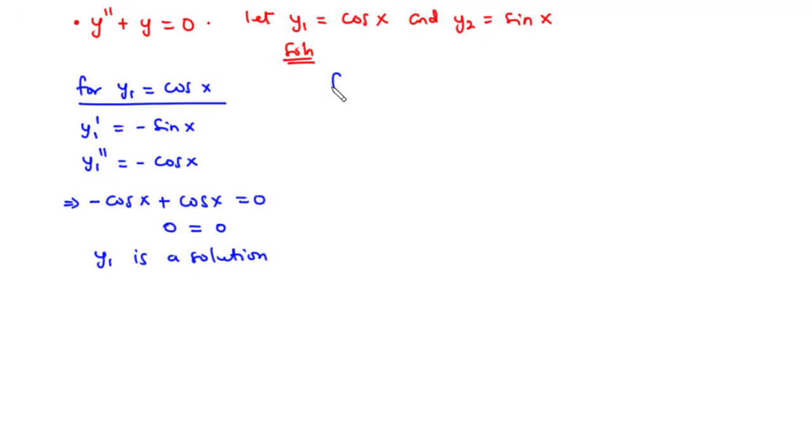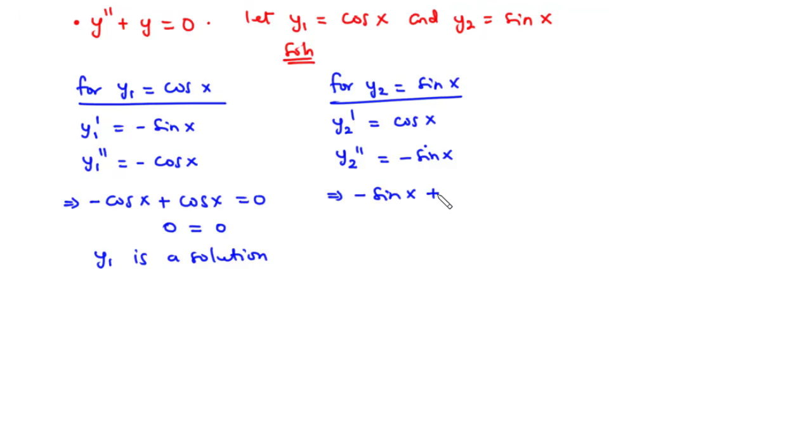Now let's move on to y2. For y2 equals sin x, we have y2 prime to be equal to cos x, and then we have y2 prime prime. When you differentiate this, you have negative sin x. Also calling on the differential equation, you have y prime prime to be negative sin x plus y, which is sin x, and that is equal to 0. On the left hand side you have 0, on the right hand side you still have 0. So it means that y2 is also a solution